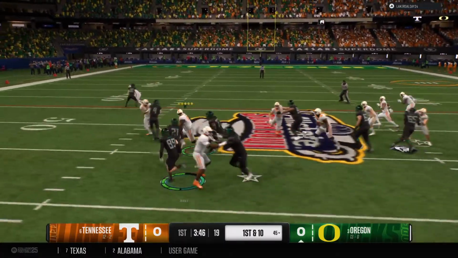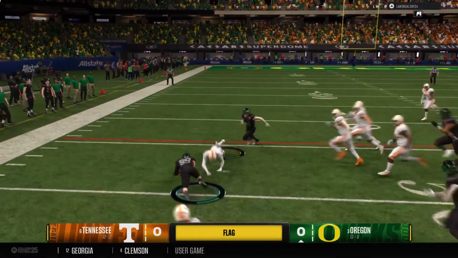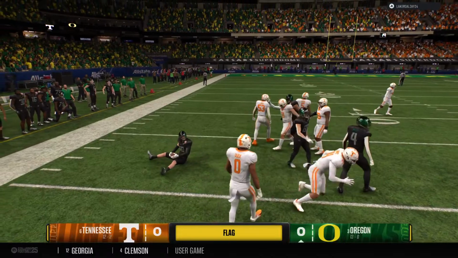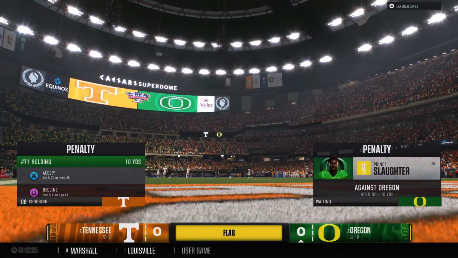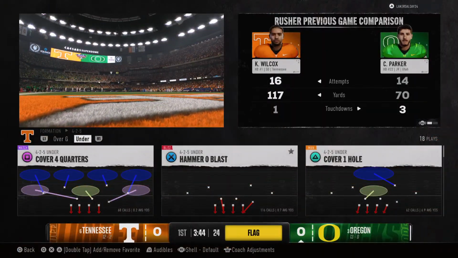A pop pass on the jet sweep. It stings for the offense. Penalty will cost him 10 yards.